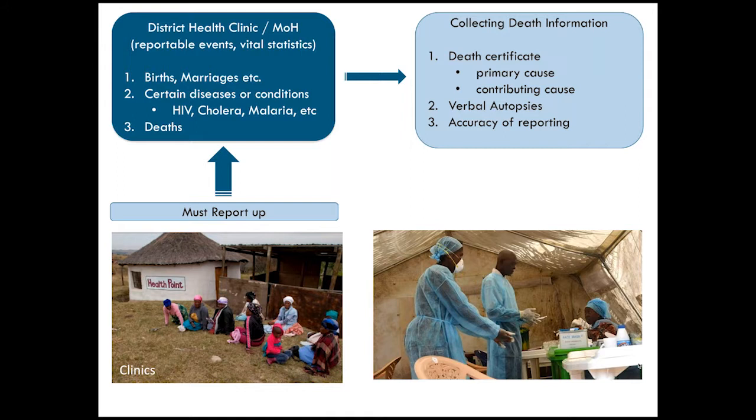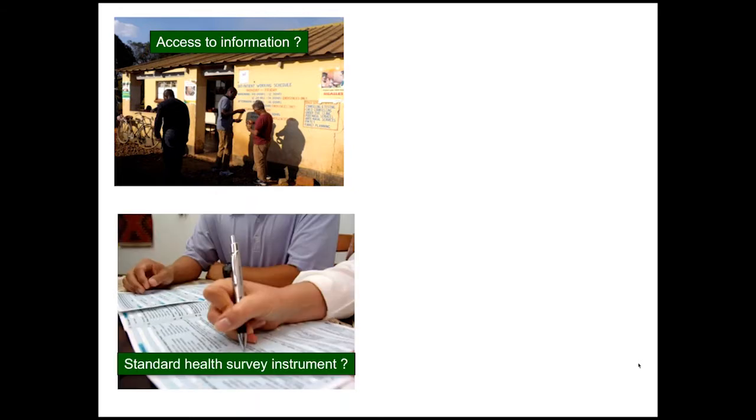So where do I get this information? Well, in general, because we deal at the local level, the local health clinic is likely to have some information on this. So my advice is to really start there at the village clinic. How do we get this information? Well, I strongly encourage using standard survey instruments. There are many available, and we can help in standardizing our systems so that we're all asking the same questions.